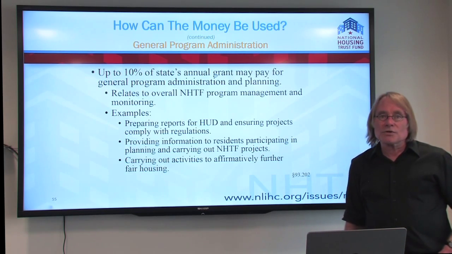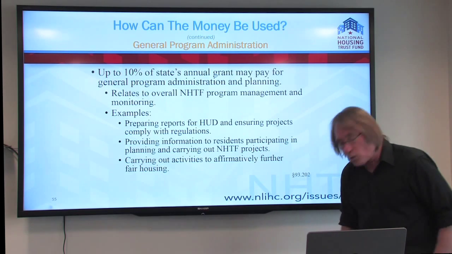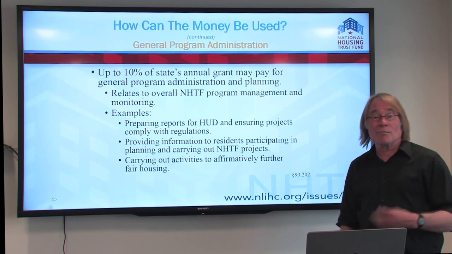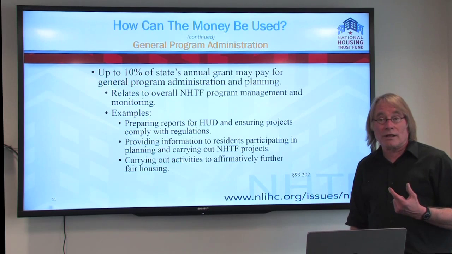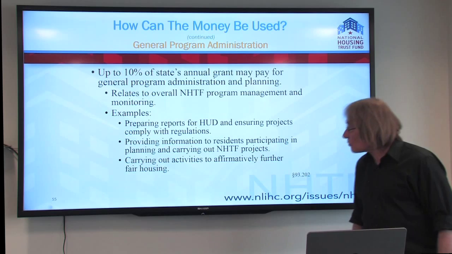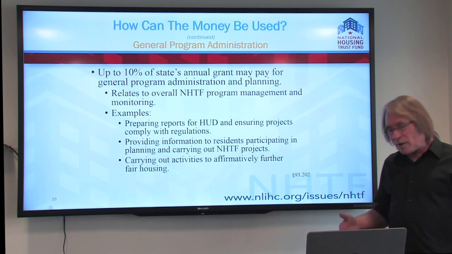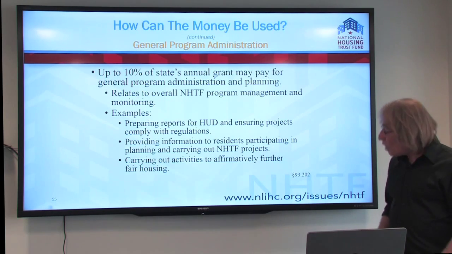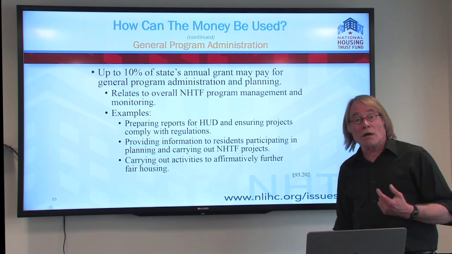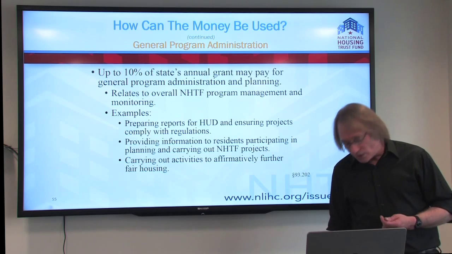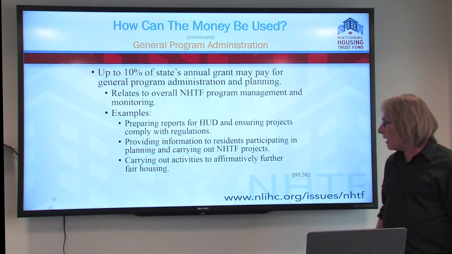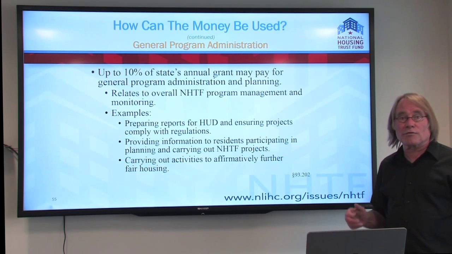Another eligible use of trust fund money is for general program administration. The law limits to 10% the amount of a state's annual allocation of trust fund money to general program administration. And this just relates to overall trust fund program management and monitoring. Some examples include preparing reports to HUD and ensuring that projects assisted with trust money comply with the law and the regulations. And it's also important to note that general administration includes carrying out activities to affirmatively further fair housing,